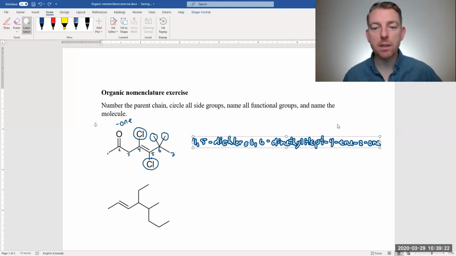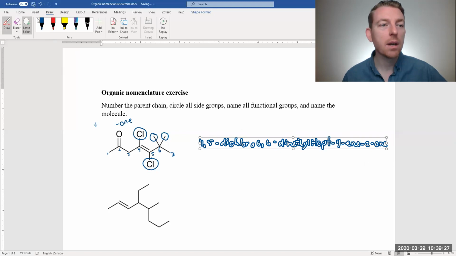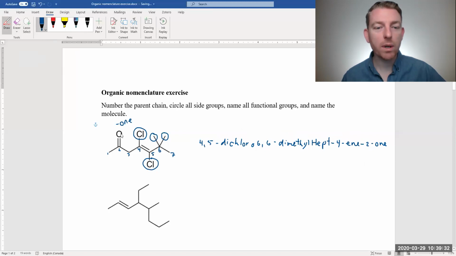When we've talked about this, this is going to be the cis or trans isomerism. Which one gets the priority here is the chlorine, because it's a more reactive group than these alkane groups. So we would say that these chlorines are trans to each other. So the whole thing we would say is trans-4,5-dichloro-6,6-dimethylhept-2-ene. And that would be the full answer that we would expect to see for that